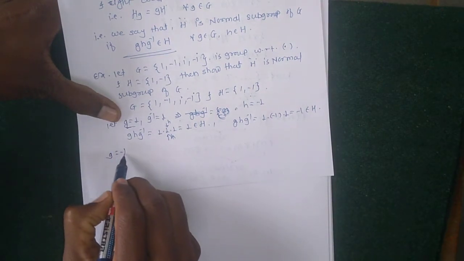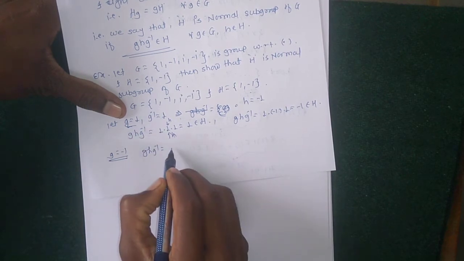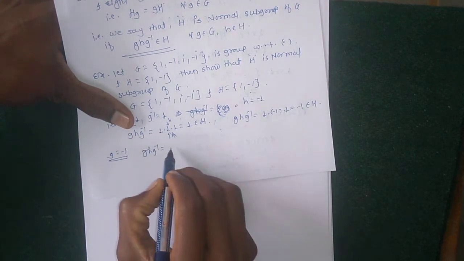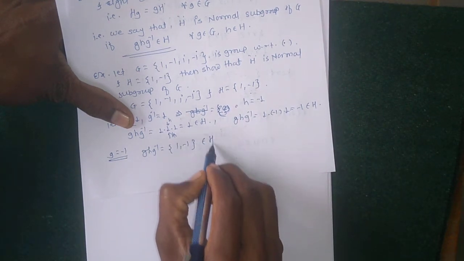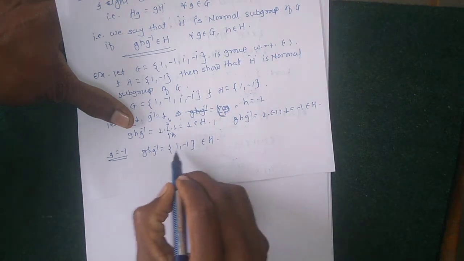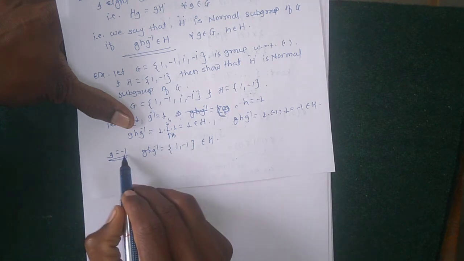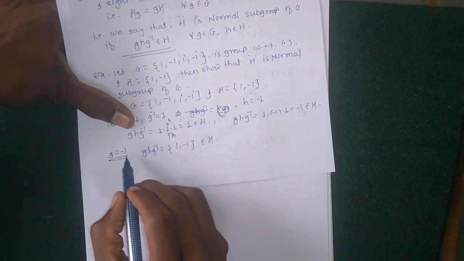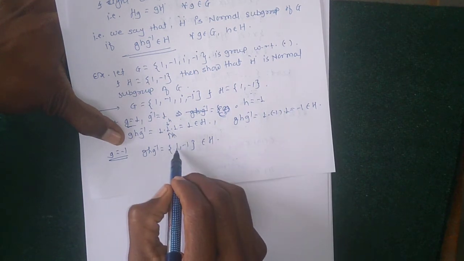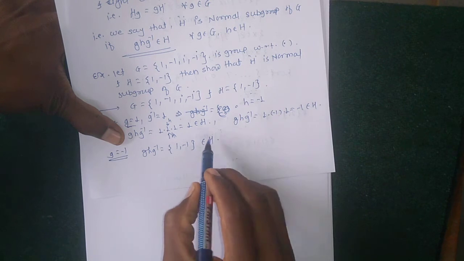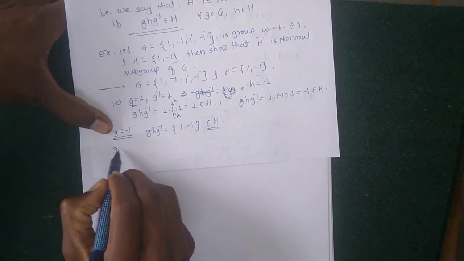Again, if g equal to minus 1, then the inverse of g is also minus 1. If h equal to 1, then g h g inverse equals minus 1 times 1 times minus 1, which equals 1, and this also belongs to H. Then if g equal to i,